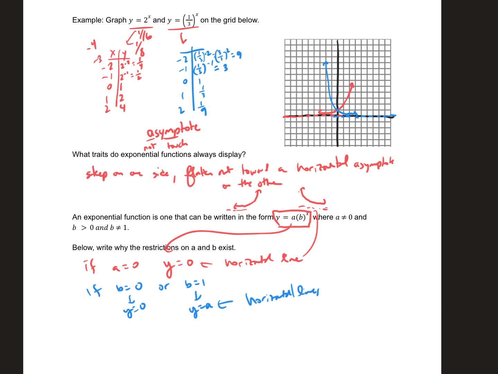So if b is negative, let me show you an example. If I were to make b -2, and I were to make a t-chart for this, first of all, -2 to the 0 is 1, -2 to the 1 is -2. When I square it, it's 4. When I cube it, it's -8. So first of all, the points are going here, then here, then here, then here. That's not going to form the shape that we want up here. But even crazier than that, in between 0 and 1, you've got